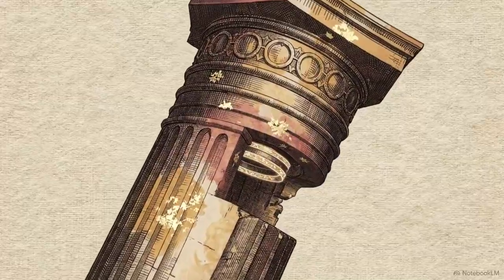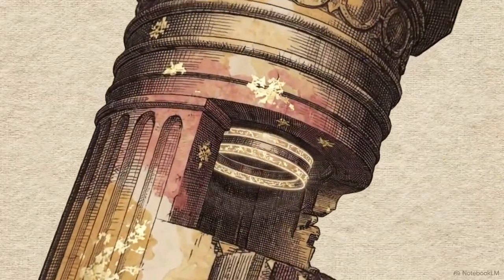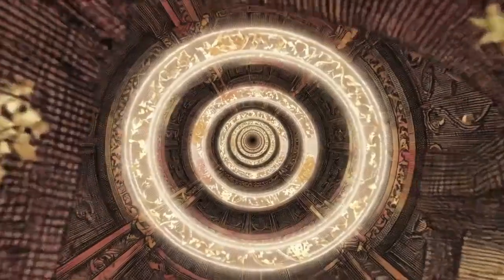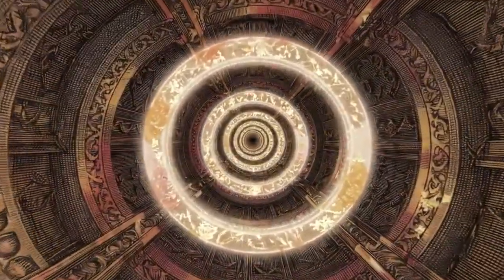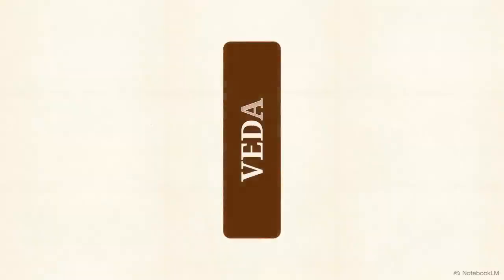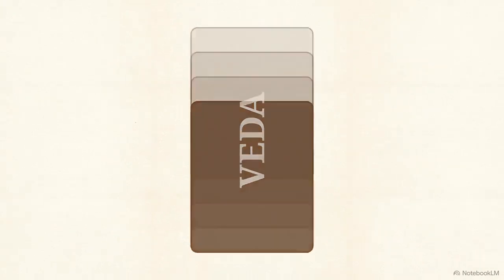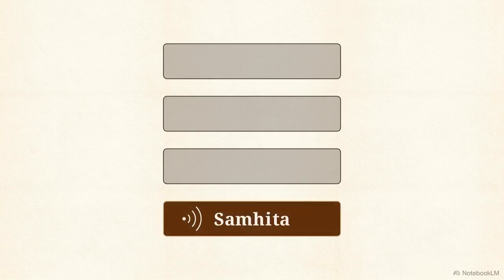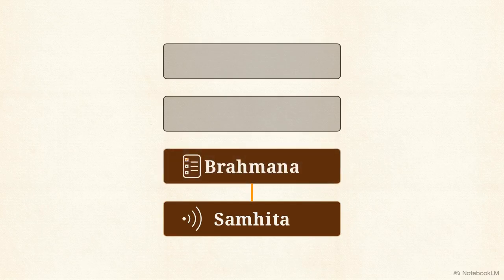Understanding the pillars is only the beginning. We must look at a cross-section of a single Veda to see how internal knowledge is layered. Every single Veda is divided internally into four sequential layers of depth. The first layer is the Samhita, containing the primary mantras and invocations. The second layer is the Brahmana. These are the technical manuals explaining how to use those mantras in physical rituals.